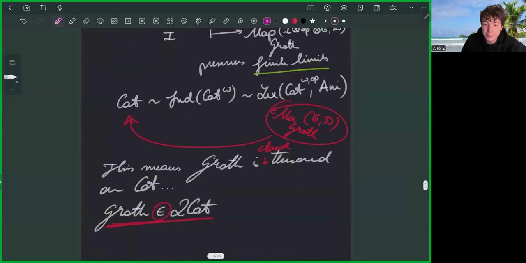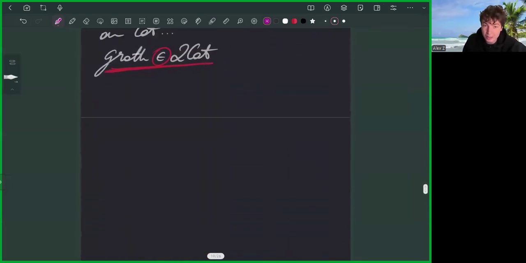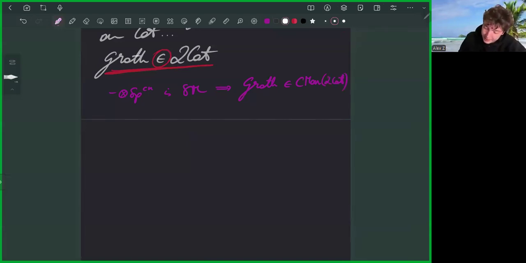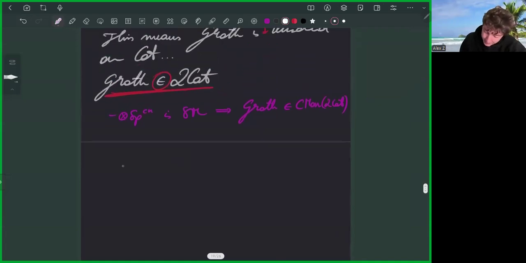And so it turns out that because this is symmetric monoidal, Groth is in fact a, let me write, symmetric monoidal 2-category. And the way to see this is,